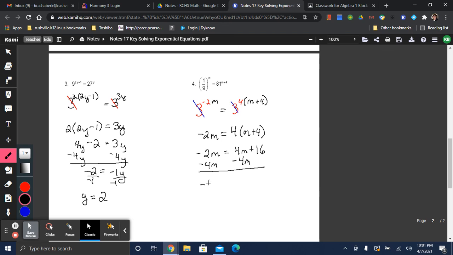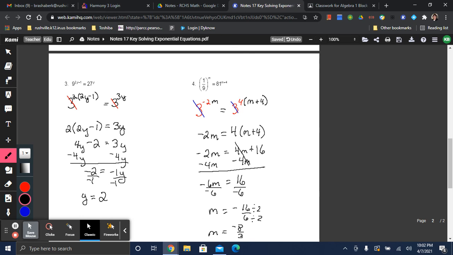That gives me negative 6m equals 16. Dividing both sides by negative 6, I get m equals negative 16 over 6, and I can divide 2 into both of those, or you can type it into Desmos and let it reduce for you, but that reduces to